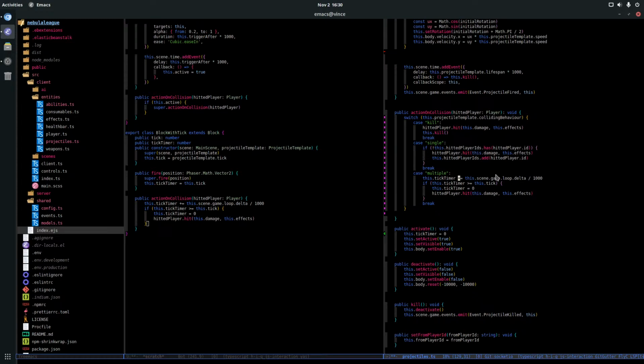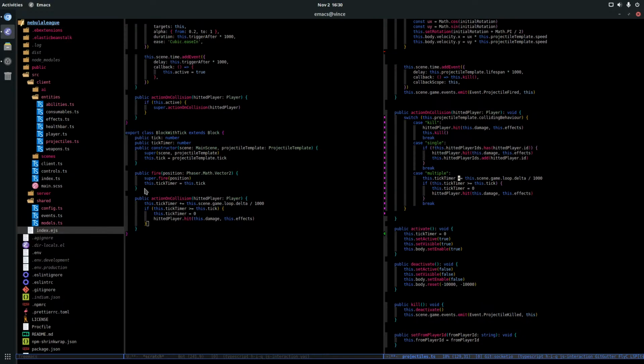Tick timer is greater than this tick. Something is strange, because with this technique, the first hit is not going to hit. Maybe that's what I wanted. Okay, I understand what I did.